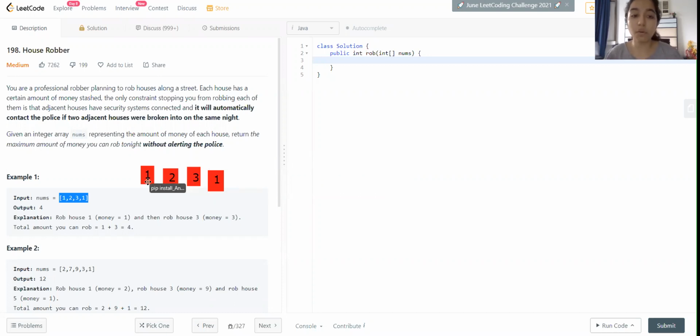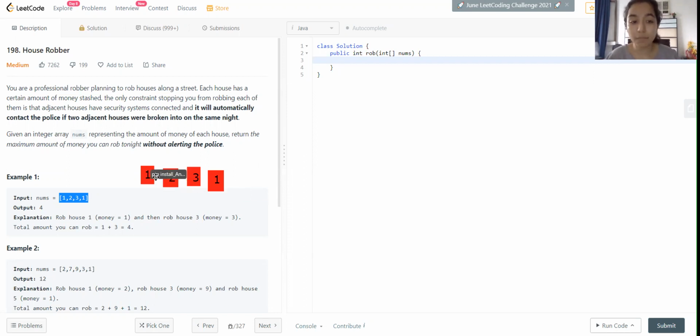Right. So what is the given condition? That we cannot rob from adjacent houses. So we have to skip one house present in between. So here if we start from 1 and if we want to rob the house which has maximum money present in these two, we would take 2. And if we had to rob this house, we cannot rob this house, because it is adjacent to it. So after skipping this house, we go to this house. So our total becomes 3. Total money robbed becomes 3.